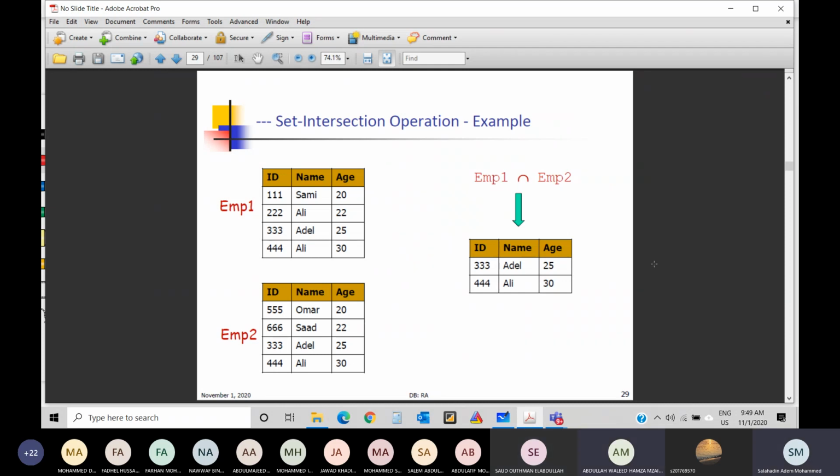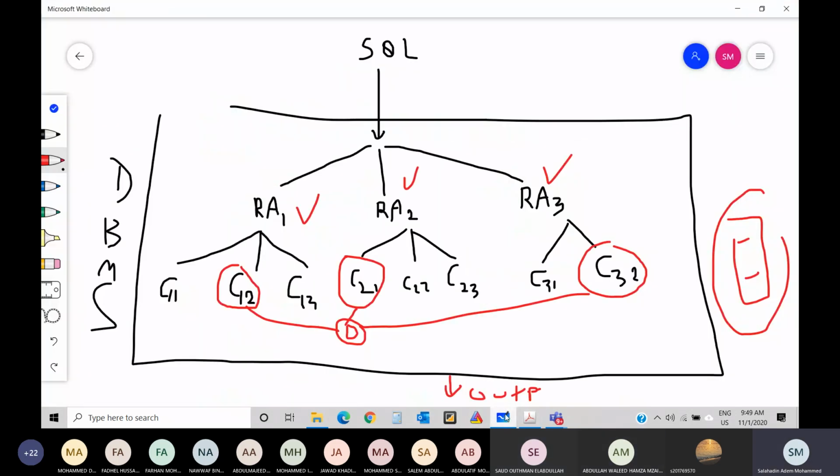Very good. Let me just quickly take you here, just 1 minute, so we benefit from it. Now, if I write a select statement, guys, select, let's say, name from the employee table where SSN equals 111. How many relational operators do I need for this? One. We need one. Do I need this?